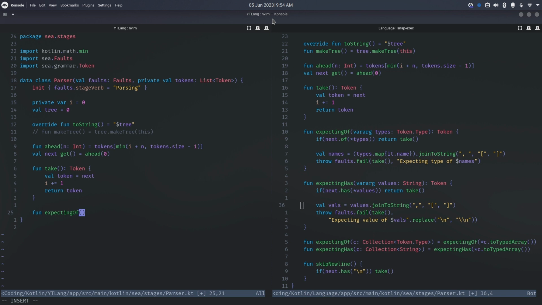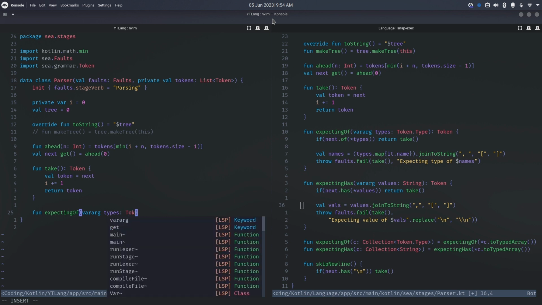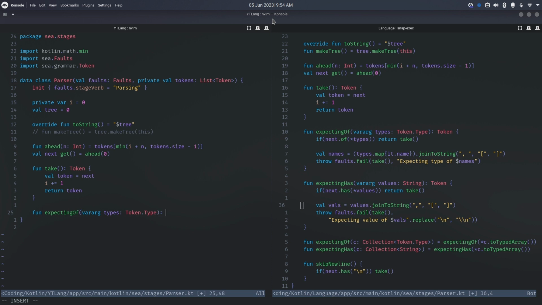And notice that there's an expecting of and expecting has. These are just going to utilize the token of and has methods, except we're expecting that that is true. So if it isn't, there should be an error. And initially we're going to take in a variable number of arguments, just like the of and has methods. So we're expecting that the next token is going to be one of these types